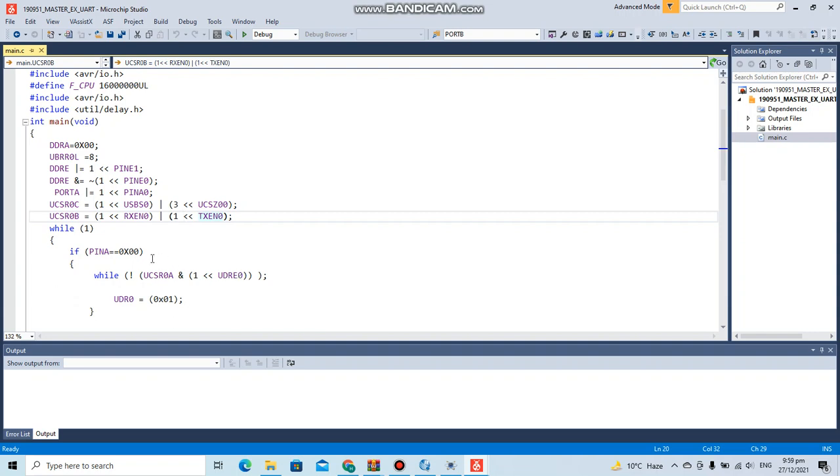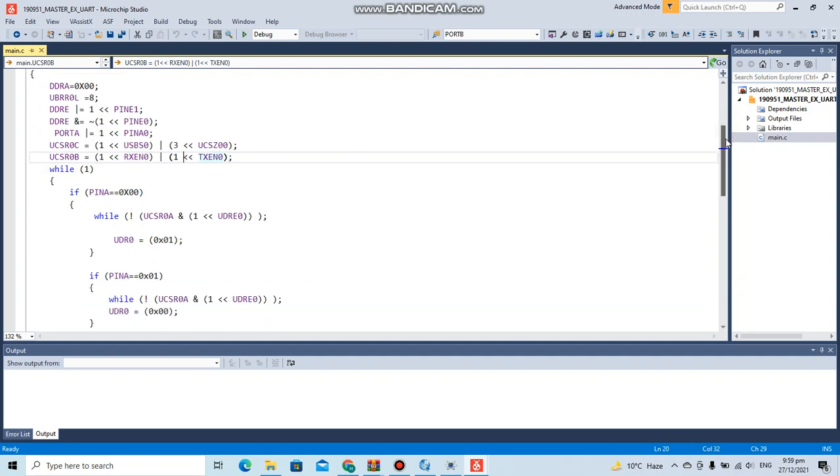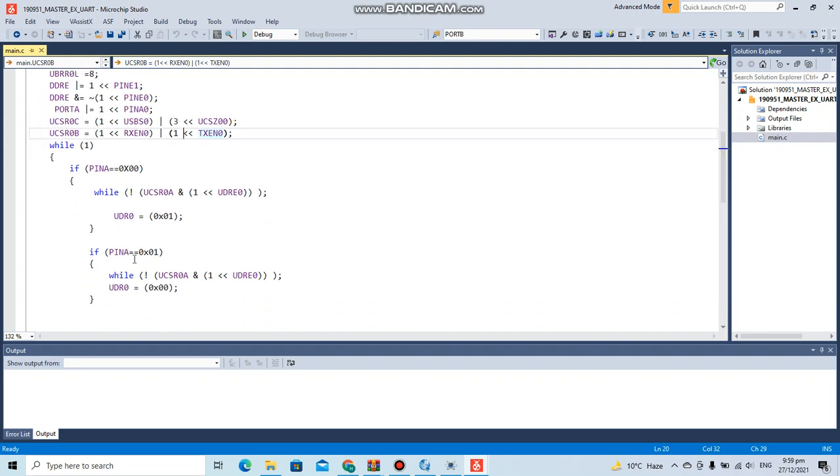Whenever the push button is not pressed, in the UDR0, here we can see in the UBRR0 register we have given 8, that value will be in the UDR0. We have the value 0x01, so that will be sent to the other microcontroller, and if pin A is equal to 1, it will continue to be in the while loop until this transmission is completed, and then we will send this value, the UDR0 equals 0, to